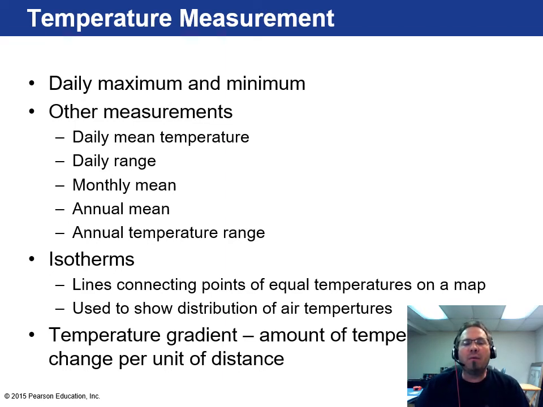So the way they do this is with maps that show sort of continuous lines of temperature, what we call isotherms. They're lines of equal temperatures on a map. And you could see the thermal gradient is the amount of temperature change over distance. So if it's really wide, you might have long, big areas of warm weather or cold weather. And if the isotherms are close together, you can go from vast temperature changes in a short amount of distance.